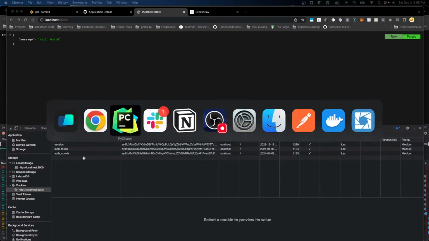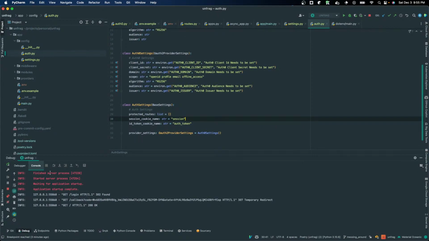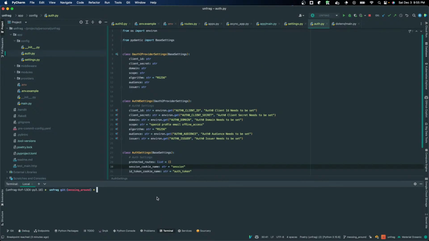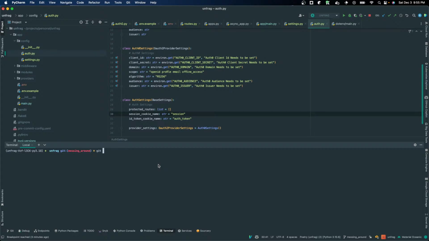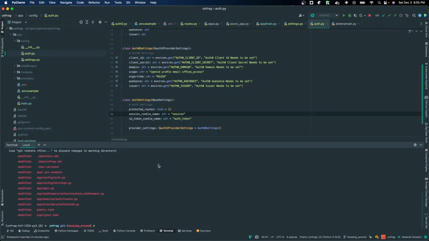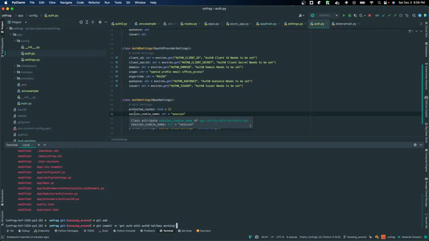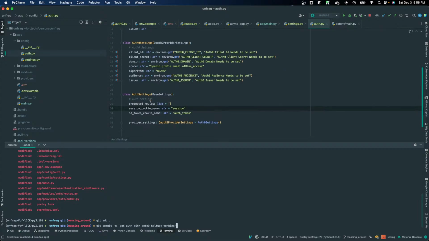Let's go over here. Terminal. Git status. Git add all. Got auth with Auth0. Halfway working. Saying halfway working because right now it'll only in theory work for session based stuff. And what I really need it to do is